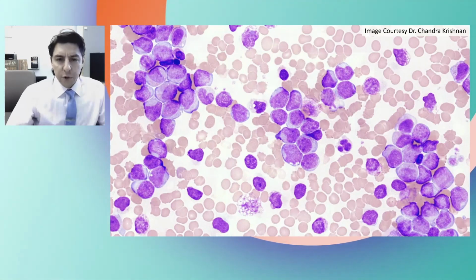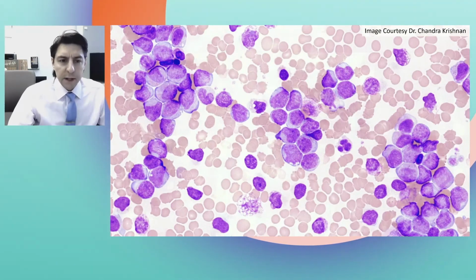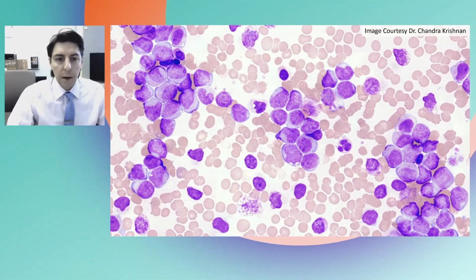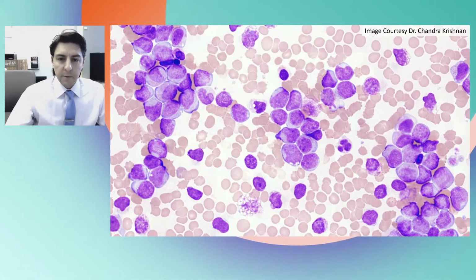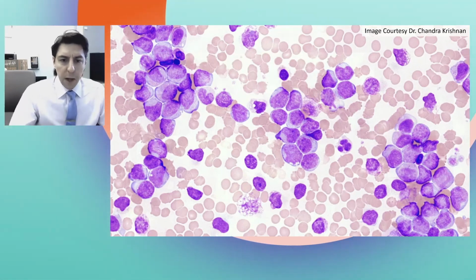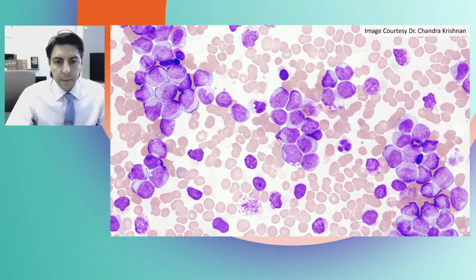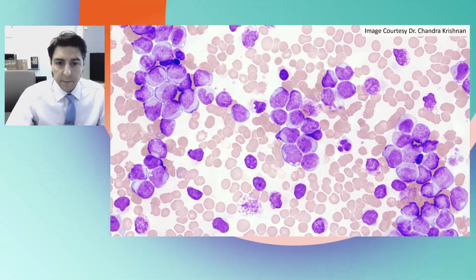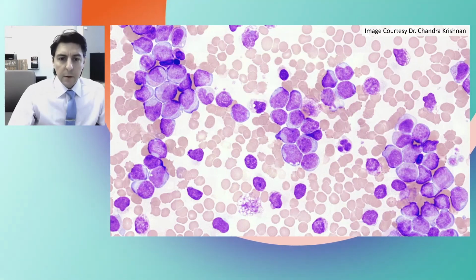So I'm showing you a picture here of a peripheral blood smear from a young boy. This image was provided to me from one of my colleagues from residency. And unfortunately, this is not a normal blood smear. There's all these purple blobs that don't belong there. And this is actually a smear from a young patient with leukemia. Now, leukemia